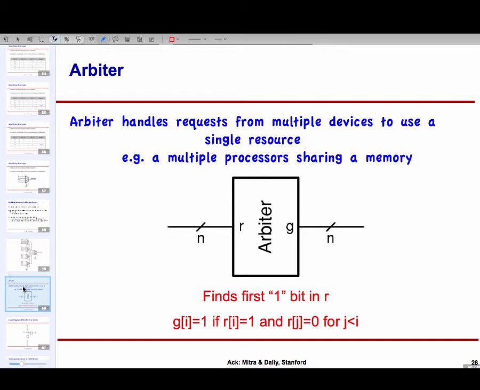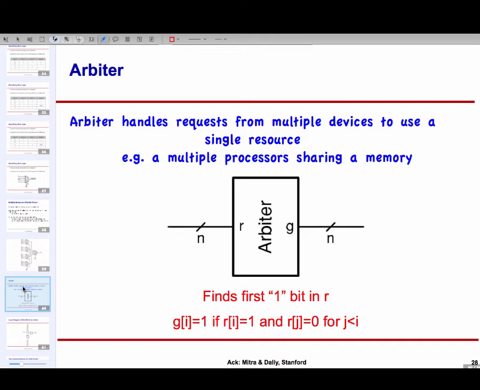One way of thinking about it is, there are these n wires, one for each player, and on each wire there is a lamp saying you won, and we want only one of those lamps to light up. So if players number 3, 4, and 5 are playing, they raise their wire. We have to select one of them to be the winner, and that wire should be high. So that's the concept.